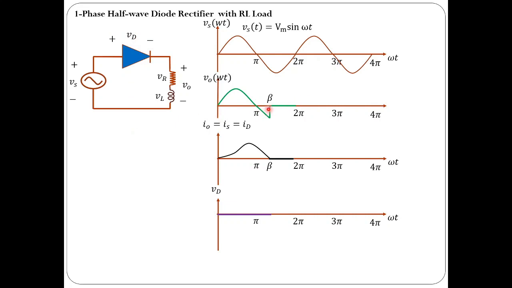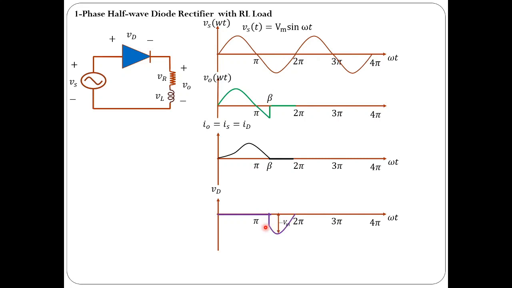And coming to beta to 2 pi, we know at beta the current through the inductor becomes 0. So the current through this passive load became 0, then the voltage across it also becomes 0. If the voltage across the load becomes 0, then the source voltage would appear across the diode. The source voltage is by this time already negative, so the diode is going to be reverse biased. So this entire source voltage would appear across the diode, and load voltage becomes 0. The load current also becomes 0, and from beta onwards, the source voltage is same as the diode voltage, this way.